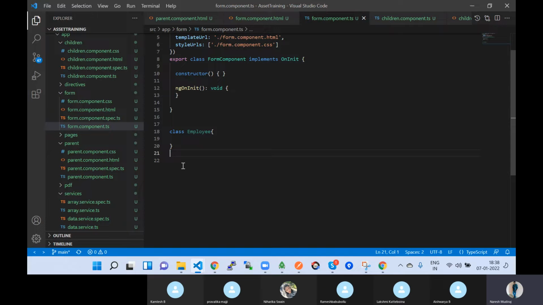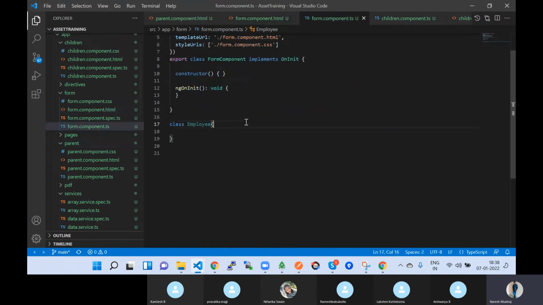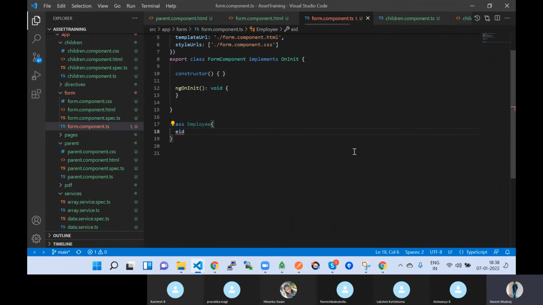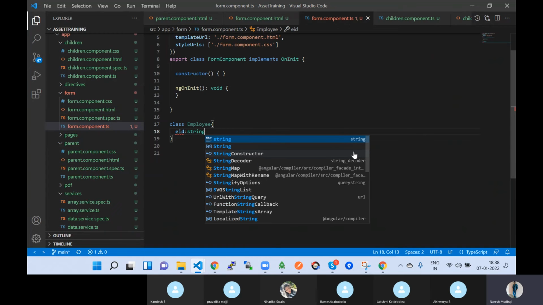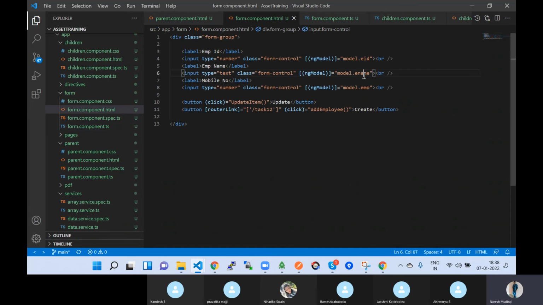I think everyone is clear. So don't use these types, she did not, that employees with a capital E, don't put it like that. So now Employee is the class, so she used some properties eid, ename, emo. Okay? Same thing, I will use those properties. So eid, copy and paste. So eid, this is a string, by default I am assigning empty. Next ename,